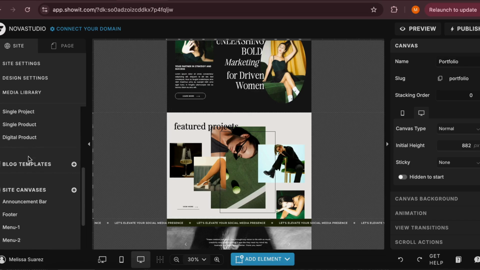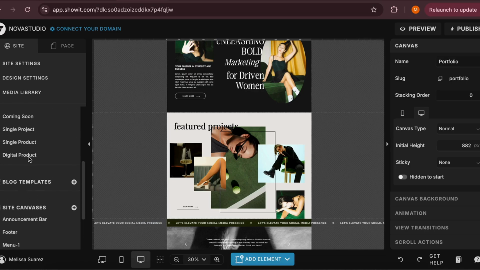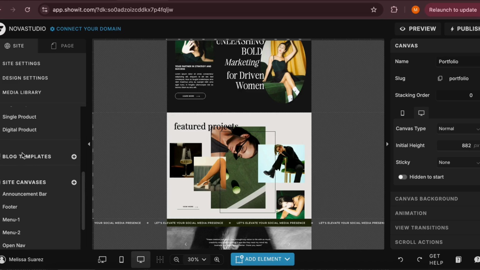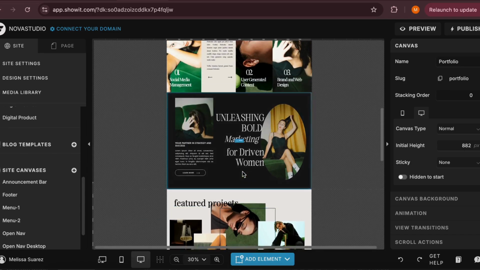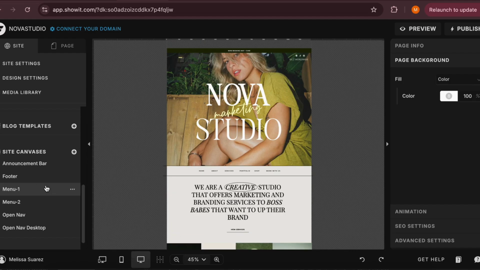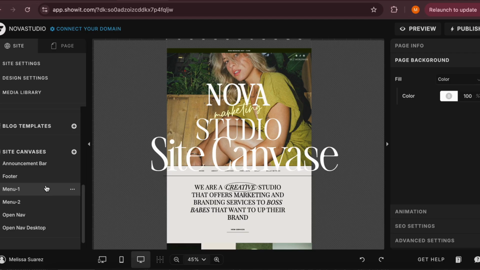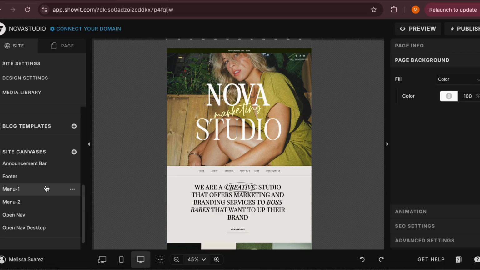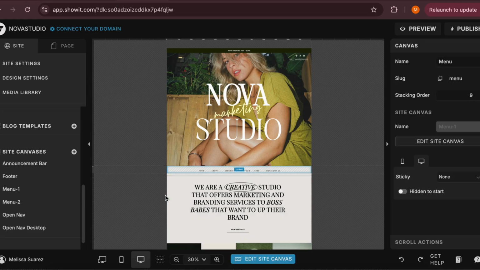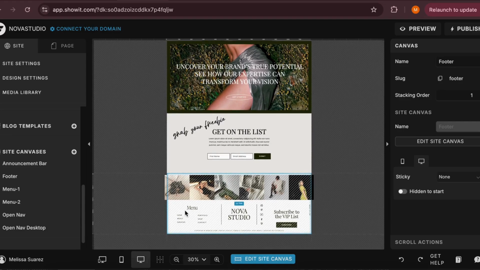And okay, so let's go down to blog templates, which is where your blogs are going to be if applicable. Right now, this template does not have a blog. Okay, now let's go down to site canvases. So the site canvases are pretty much going to be the canvases that will be on a lot of the pages of your website. So let's take the menu as an example, the footer,